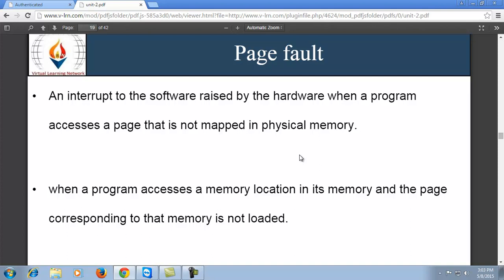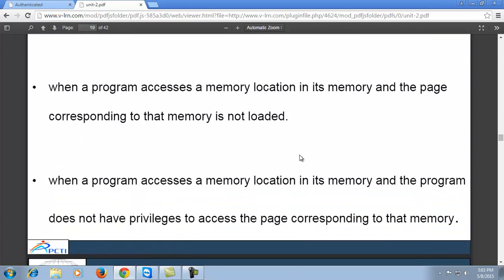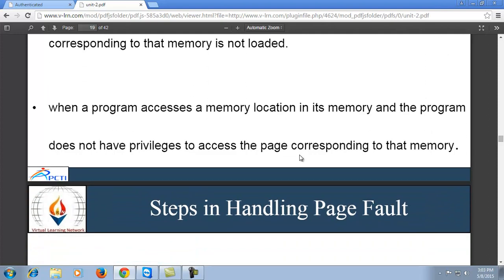When a program accesses a memory location, and the page corresponding to that memory is not loaded, then the page fault will occur. When a program accesses a memory location in its memory and the program does not have privileges to access the page corresponding to that memory, then we can say a page fault has occurred. And in the same manner,